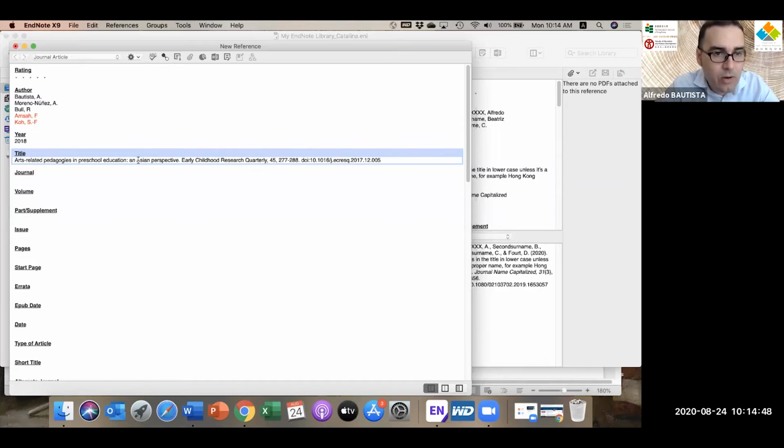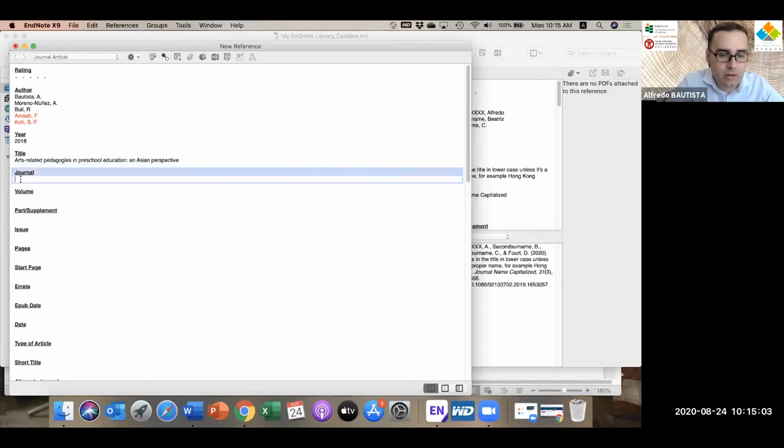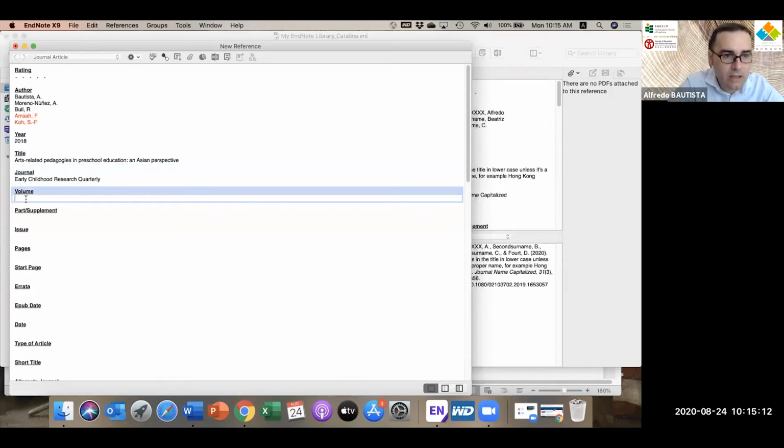This A is wrong, actually it should be small. Asian, I would put in capitals, right? Because it's a proper name. So I would put it in capitals. After the title, no period in the end. So here you do not need to put a period. Journal, Early Childhood Research Quarterly. You see each letter is capitalized. Early Childhood Research Quarterly. Volume,